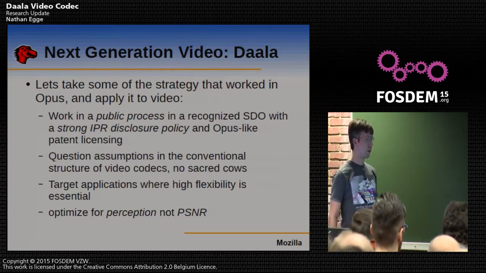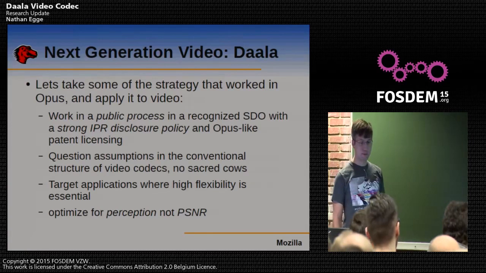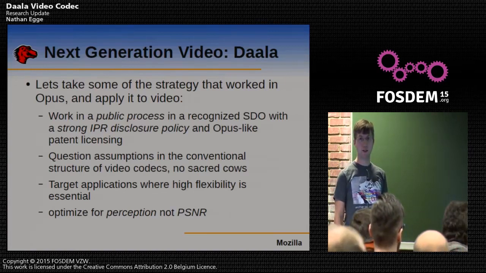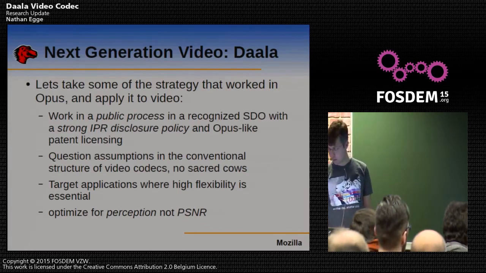And then finally, the process at MPEG uses PSNR to select the features they include in their codecs, and PSNR doesn't actually correlate well with what people perceive as video quality. And so we actually will look at the videos and choose our techniques according to what gives better visual performance rather than just arbitrary metrics.